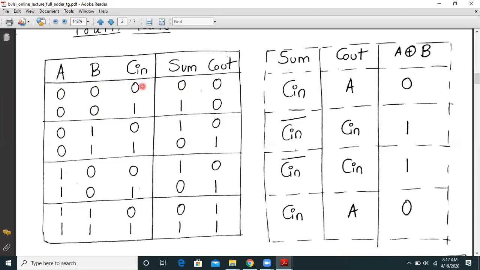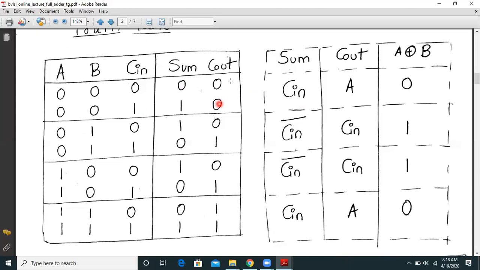So as you can see, if Cin is 0, sum is also 0, and if Cin is 1, my sum is also 1. So we can say whenever A and B are both 0, and Cin is going from 0 to 1, sum is following Cin. So basically we can write over here sum is equal to Cin, whereas the Cout is 0.